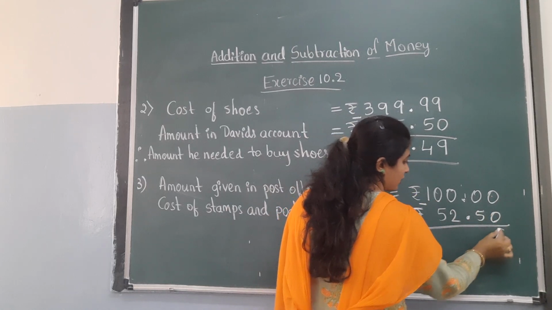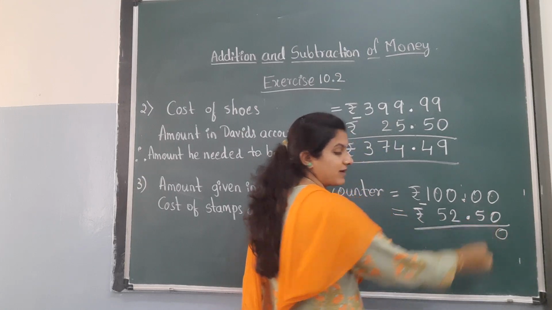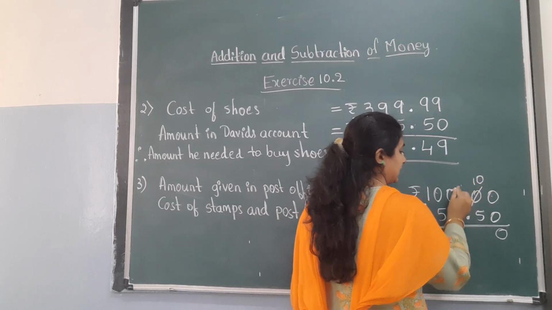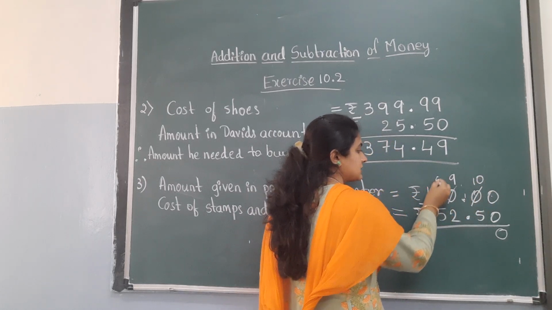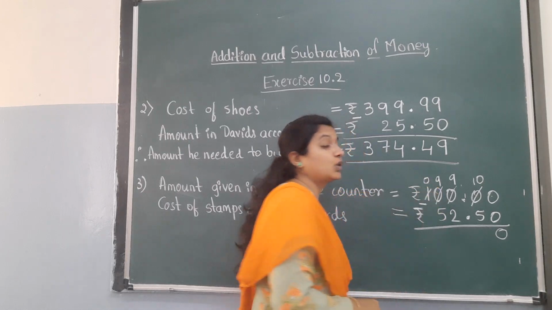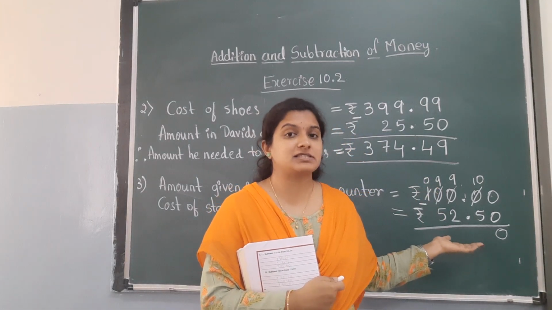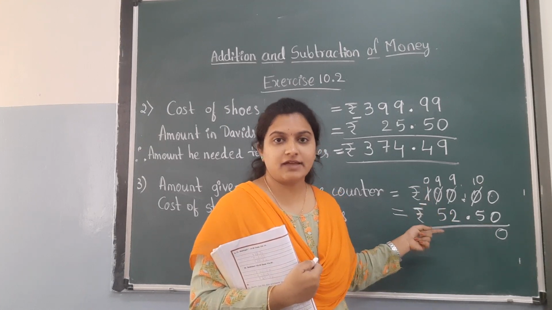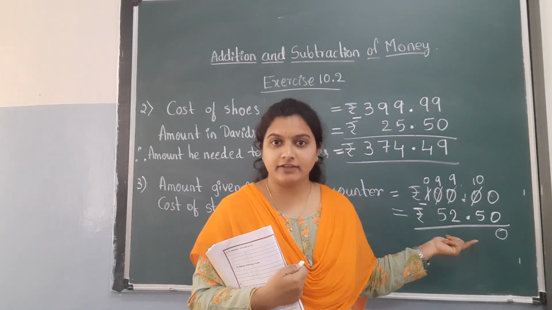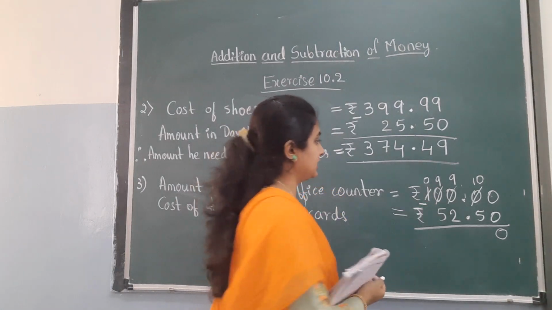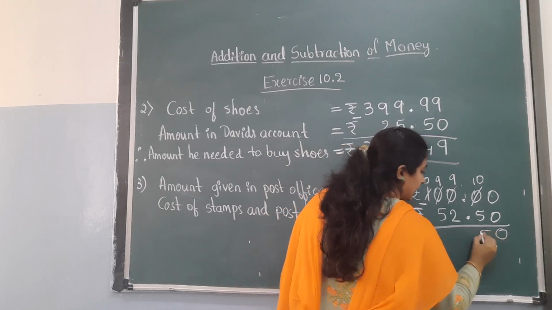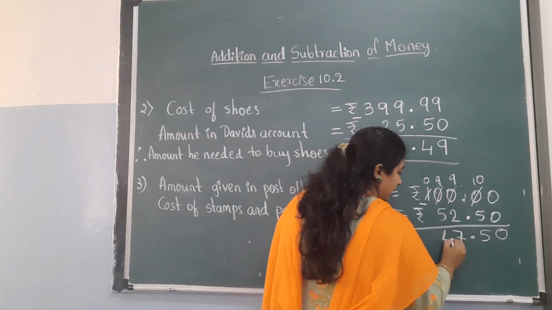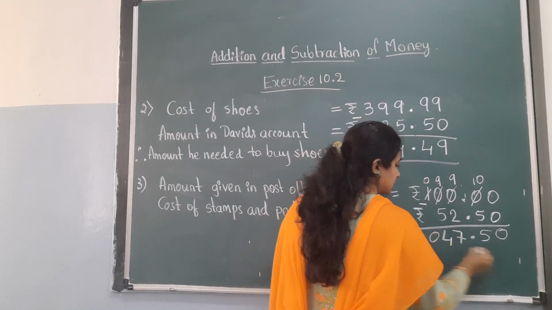Now 0 minus 0, 0. In 0, 5 will get cancelled? No. So what to do? It will become 10 and this will become 9. This will become 9 and this will become 0. These subtraction sums I have explained in first semester, children. I cannot go deep into it again. In the first semester I have explained addition, subtraction, multiplication and division, isn't it? So concentrate. 9 minus 5, 4. 9 minus 2, 7. 9 minus 5, 4. 0 minus 0, 0.